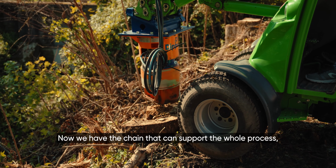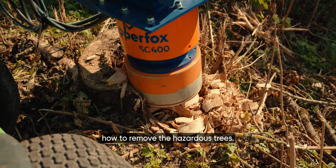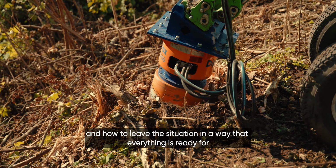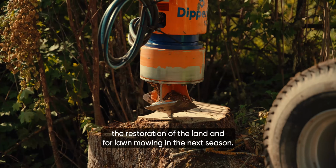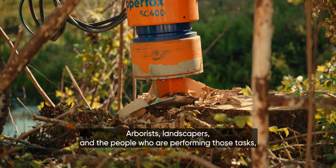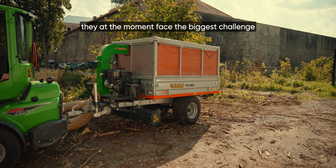Now we have the chain that can support the whole process, how to remove the hazardous trees and how to leave the situation in a way that everything is ready for the restoration of the land and for lawn mowing in the next season. The arborists, landscapers and the people who are performing those tasks,